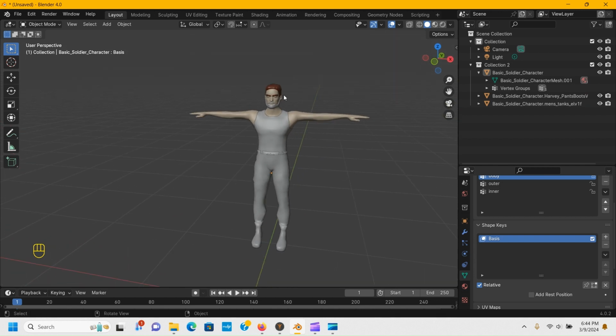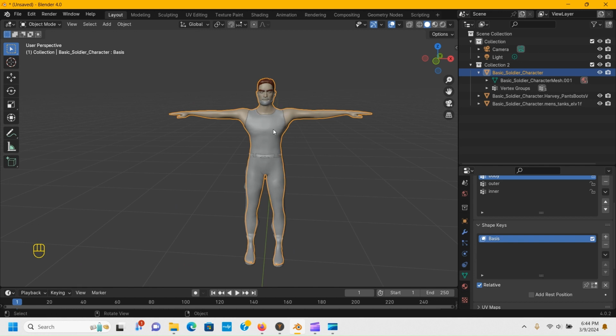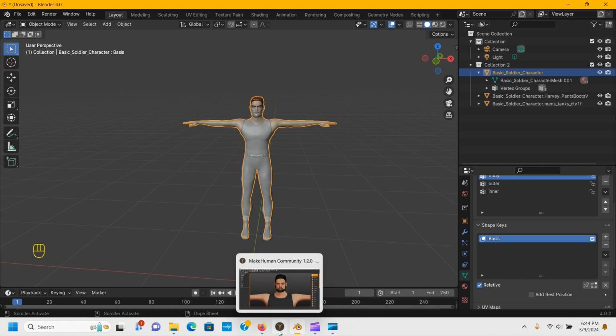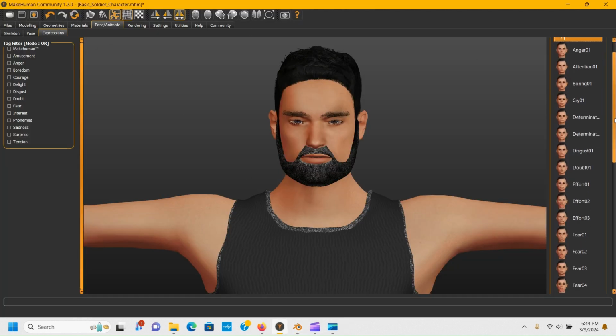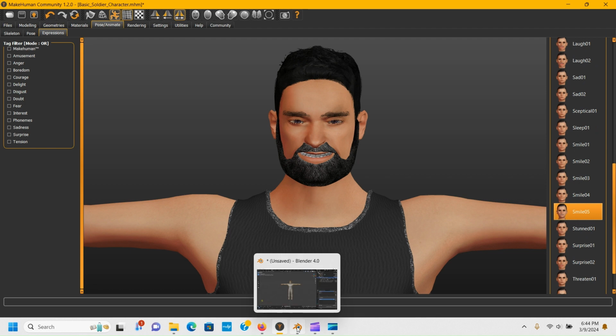Now, we have an expression of him just neutral. Let's see if we can add an expression of him that's like happy, for example. We're going to go to Makehuman. We're going to literally change the expression here to, say, smile of 5. That's what I'm going to use. And then